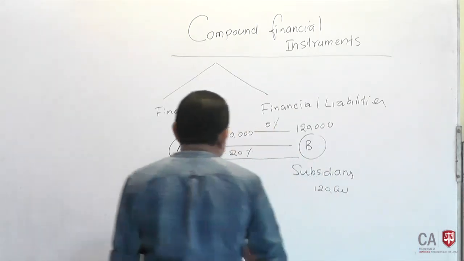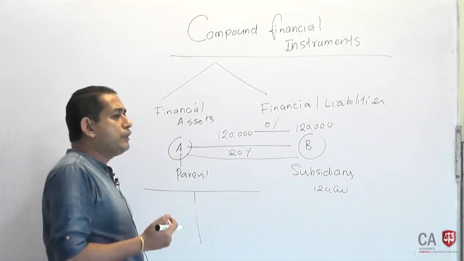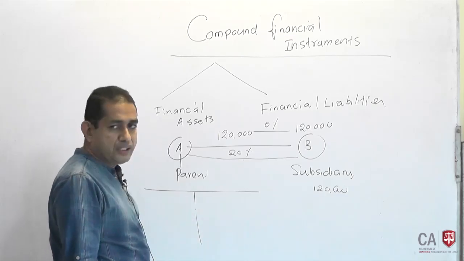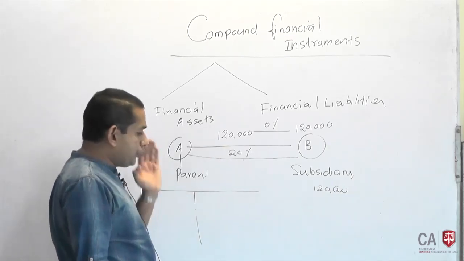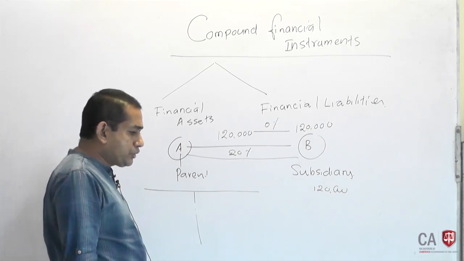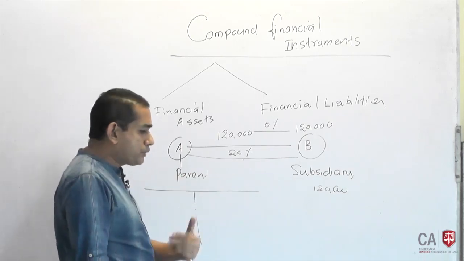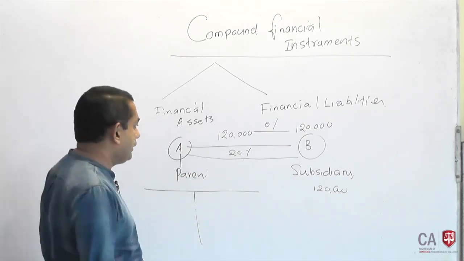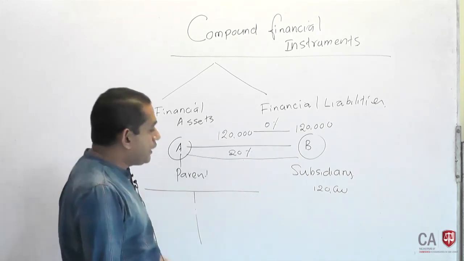Now the transaction is not arm's length and the values are not considered to be fair values any longer. Then you can't do the accounting for financial instruments as it is, you need to convert that into an arm's length transaction to find out the fair value. How will you do that? Just imagine